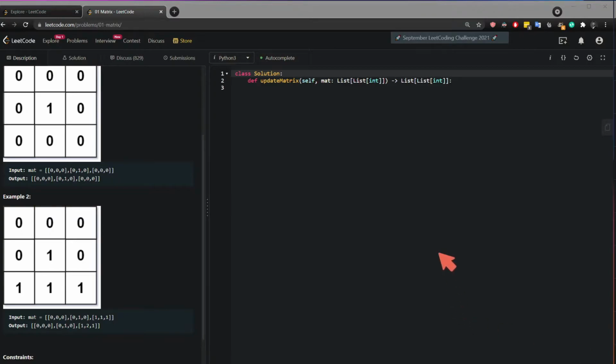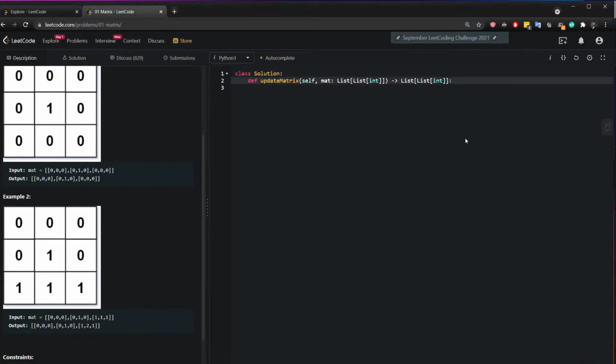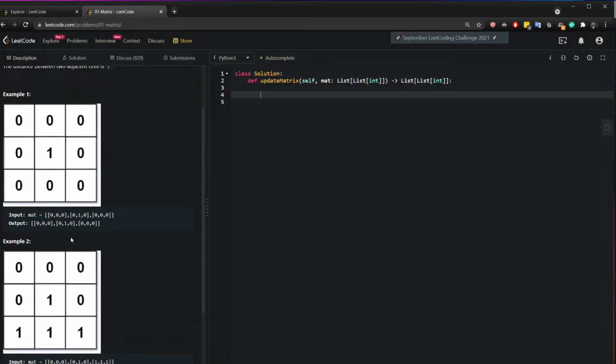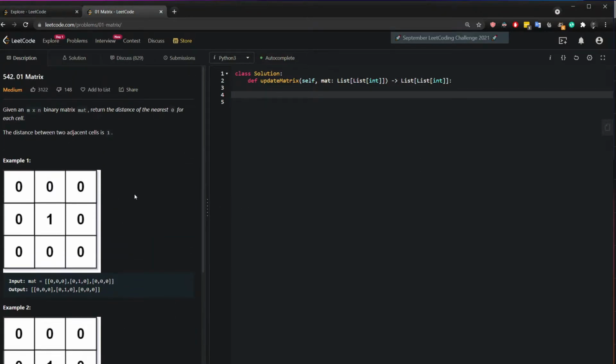So how can we solve this question? Well, the first thing we can do is iterate through the whole grid. So let's take this as an example. We say that the height of the grid is the length of the matrix, and the width of the grid is the length of matrix 0. And we can iterate, so I'm saying for i in range height, for j in range width,